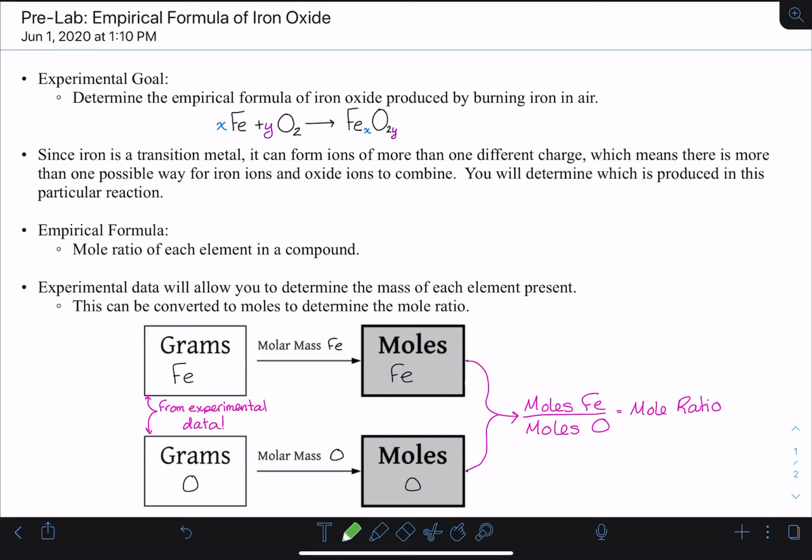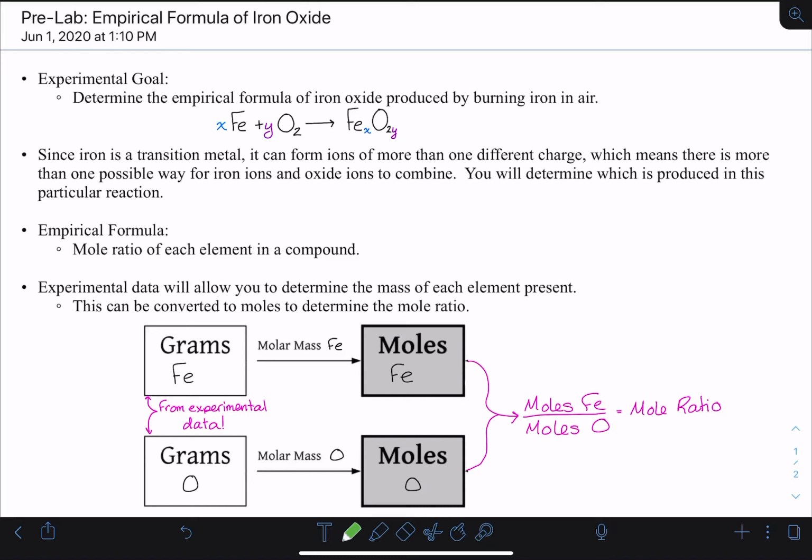In this experiment, your goal is going to be to determine the empirical formula of iron oxide produced by burning iron in air. So the iron that's being used in this experiment is steel wool, and it's just being burned in the presence of air, and the oxygen in the air will react with the iron to form an iron